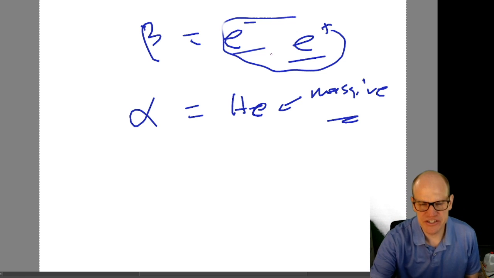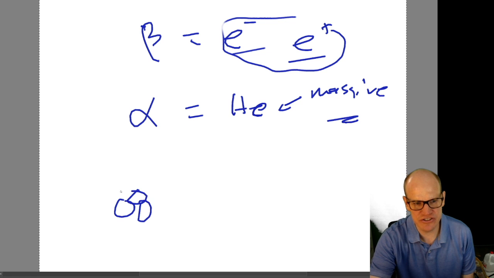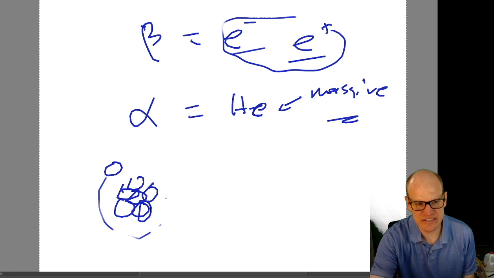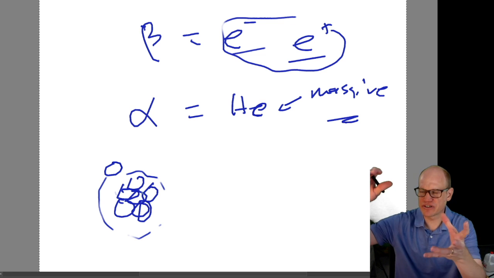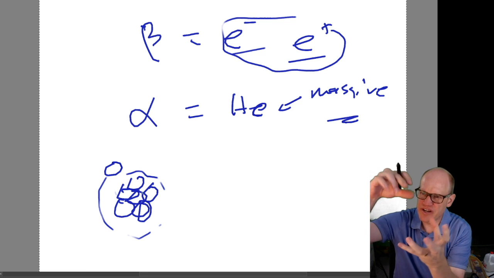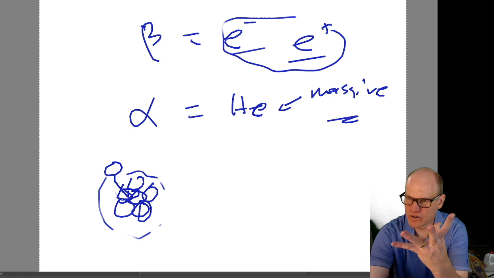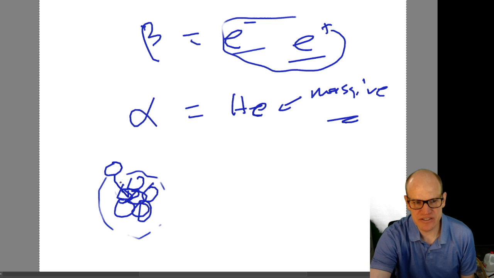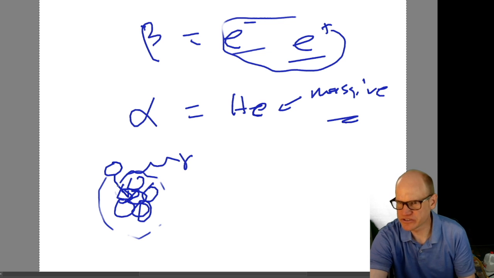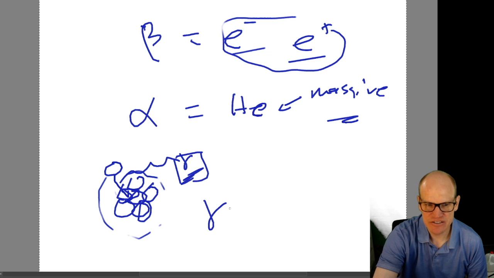There's one other form of radiation that is emitted by nuclei, and that's what happens when you bring a nucleon in. So here's your nucleus right here, and you bring another nucleon in, but it gets put into an excited shell, an excited state in the nucleus. Similar to when you bind an electron to an atom, but it's up in an excited state to start with, and not in the ground state. So if you have, say, a proton that's up here in an excited state, it's going to spontaneously move down into its ground state, the lowest energy state available to it. When it does that, it's going to emit a photon, because it's a charged particle. The chemical symbol for photon is gamma. So gamma emission